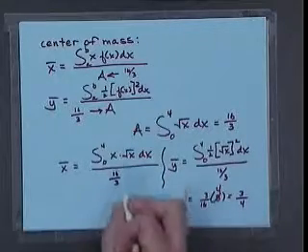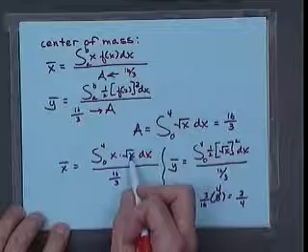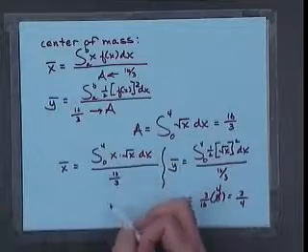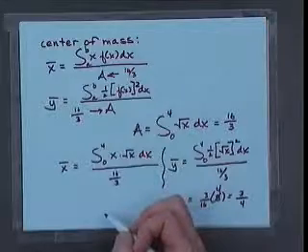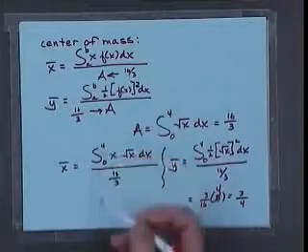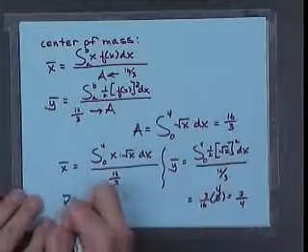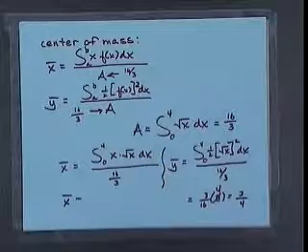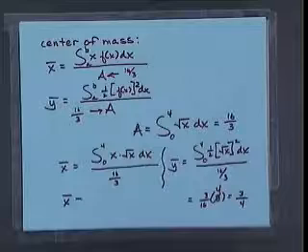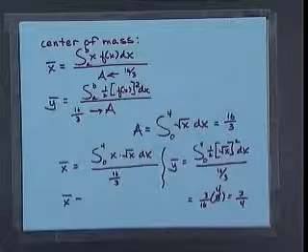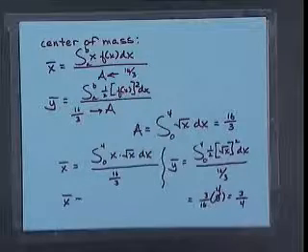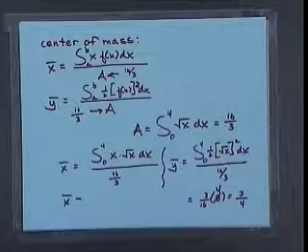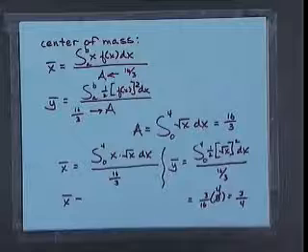So there's y bar. This x times the square root of x is just x to the 3/2. Integrated would be x to the 5/2 over 5/2. Evaluate it from 0 to 4. And that ends up being 2/5 of